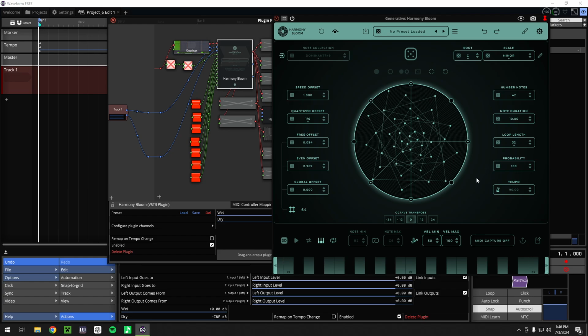If you want to go check those out to learn a little bit more about that process. Another LFO I'm using right now is this little guy right here, and he's controlling whether or not the retrigger in Harmony Bloom is on or off. Retrigger in Harmony Bloom is basically controlling whether or not this pattern restarts whenever it receives a note trigger. If this is on and it receives a note trigger, well, it'll restart. If it doesn't have this on, then it'll just keep going, but it will use the same pattern with the